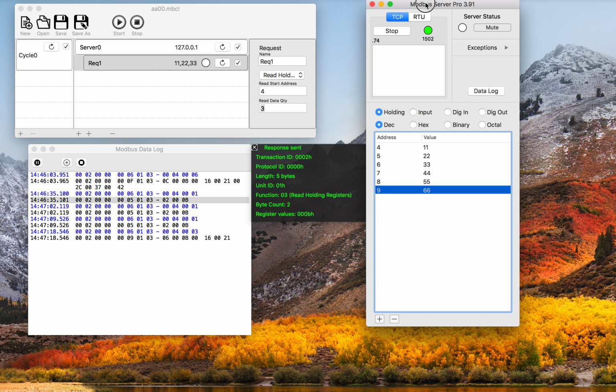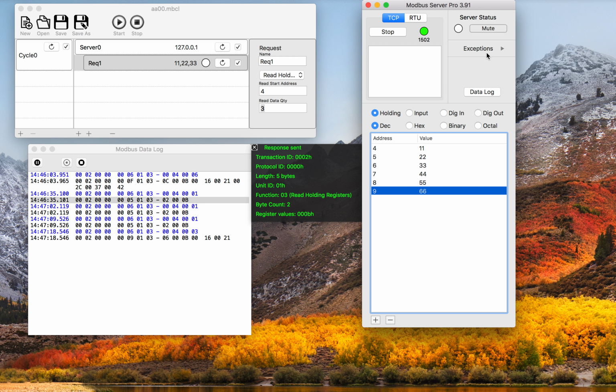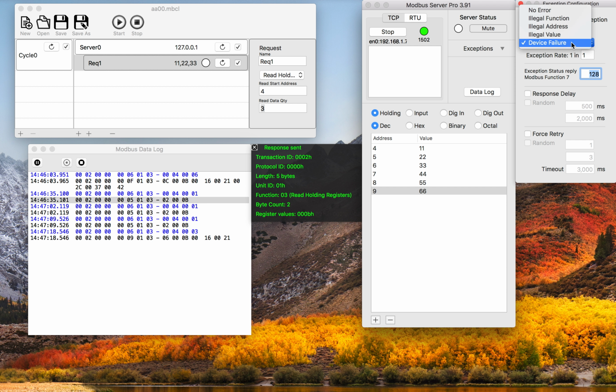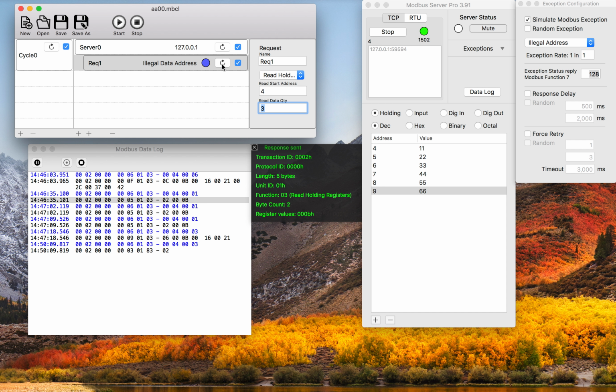Now, for a bit of an exercise here, let's just make a failure happen. We're simulating a Modbus exception, an illegal address, for example. So the server now simulates an illegal address, so we can go and make that request again, send that,